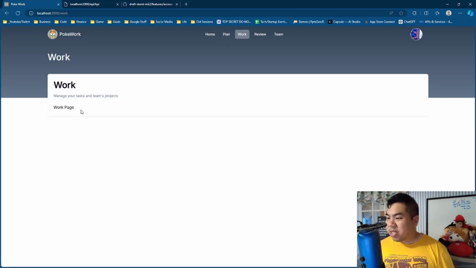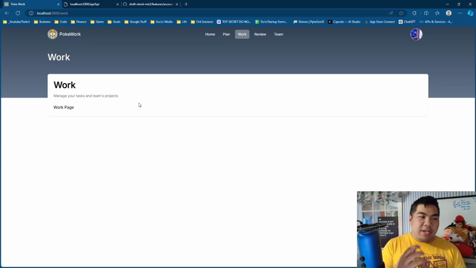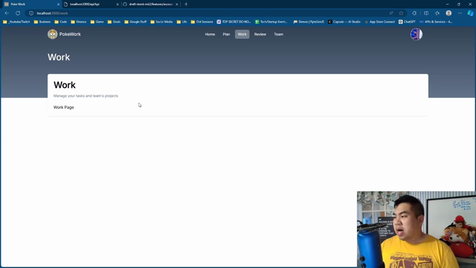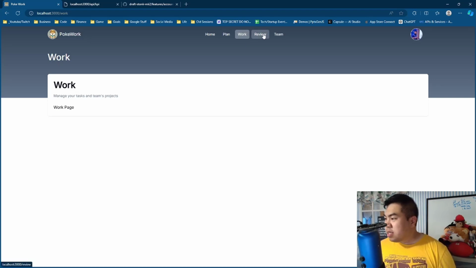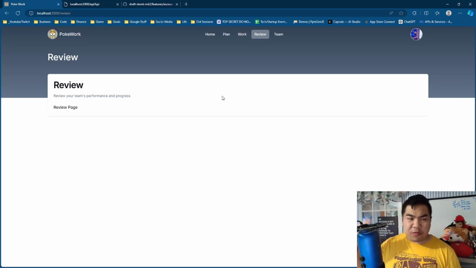We have the work tab, which hasn't been done yet, but is more of a Trello style task manager, Kanban board, if you will, to be able to pull tasks around from backlog, to do, in progress, done, all that type of stuff. So that I can honestly, when I'm going through these, go through it more easily than with an Excel sheet. Another thing, just reviewing the progress. So if we're doing the review,